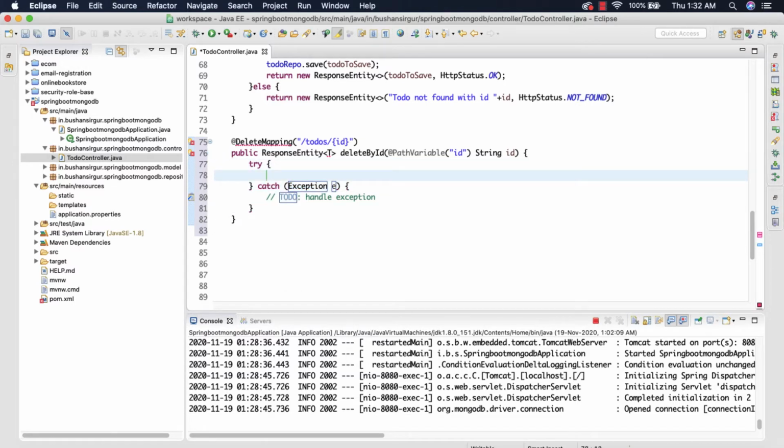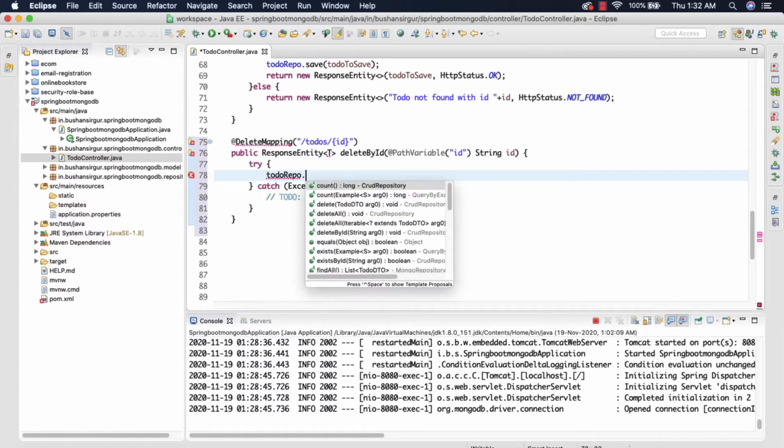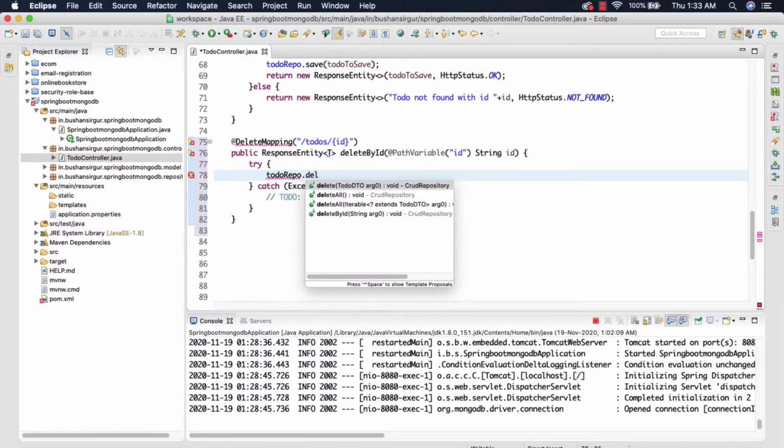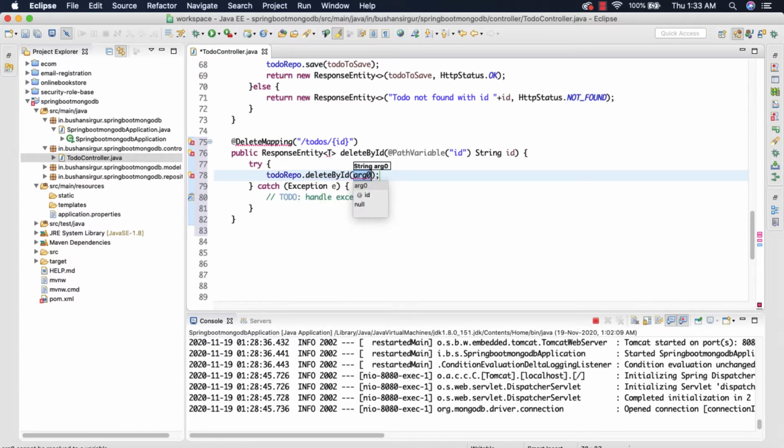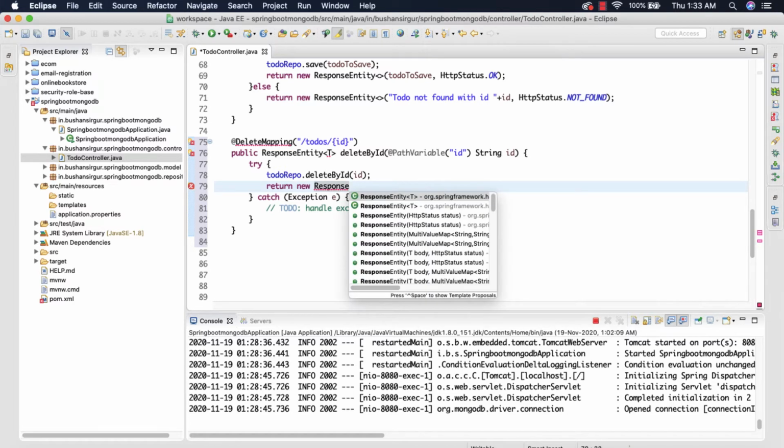Inside the try block, I'm going to make use of the todoRepository, and I'm going to call the deleteById method by passing in the id, and we are going to return a new ResponseEntity.